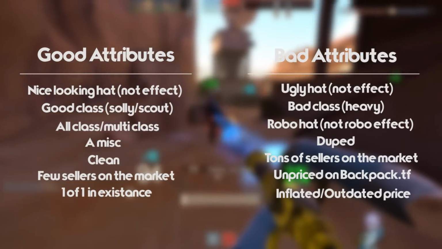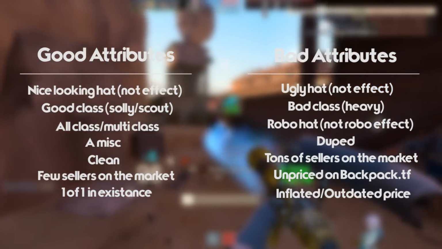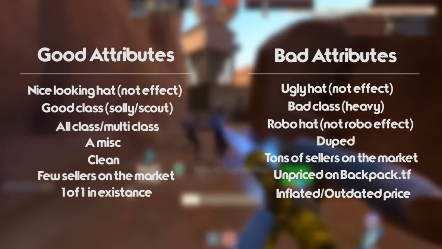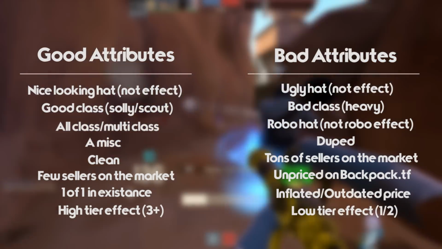So, if the number is 3 or greater, I would count that as a good attribute. If it is 2 or less, I would say that it is bad. So, adding these, here is the master list of good and bad attributes. If someone offers their hat on yours, you should take a look at the pros and cons of each hat